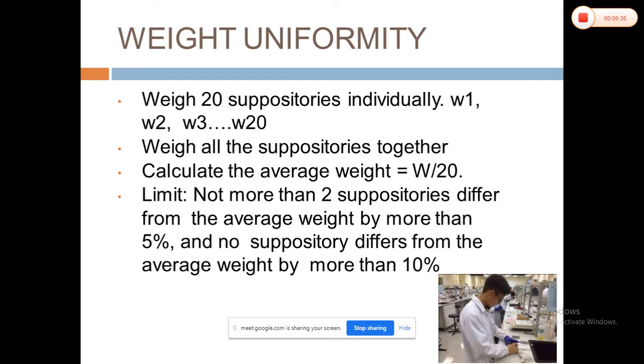Basically, during the filling, the rate, or we can say the RPM, rotation per minute, that we are setting for the filling purpose matters. Sometimes the molds will get overfilled or sometimes underfilled. That will be the main reason for weight variation. If they fill uniformly, there will be no chance for weight uniformity problems. So this is the weight uniformity test.